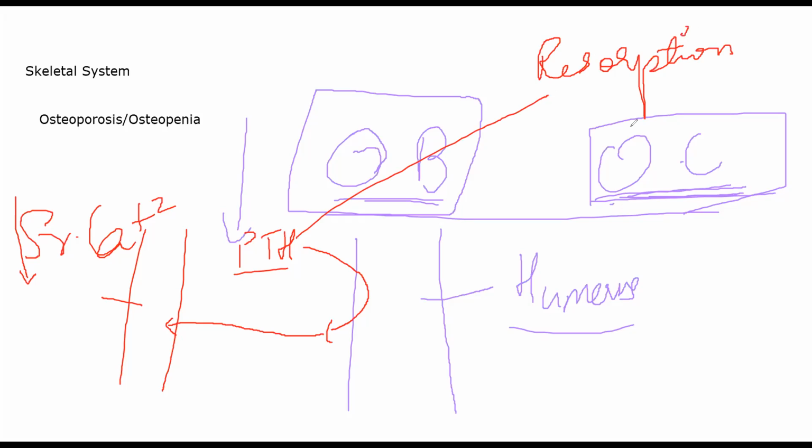ठीक है? इसको resorption बोलते हैं. So what it will do is it will take away a little bit of calcium and phosphorus from the bones, because they are proper reserves of calcium and phosphorus, and it will send it into the blood. Okay? Now whenever your serum calcium and phosphate levels increase than normal, the levels of serum calcium and serum phosphate increase. Okay? Let's suppose it is increasing.